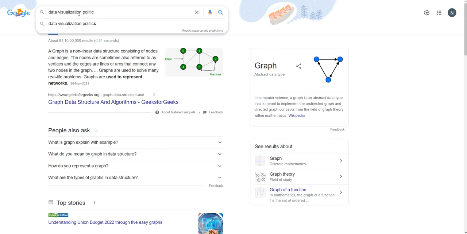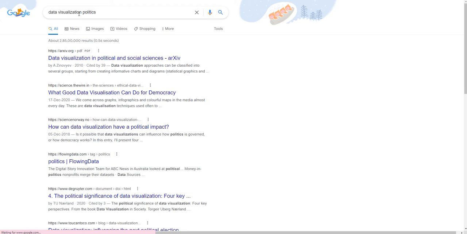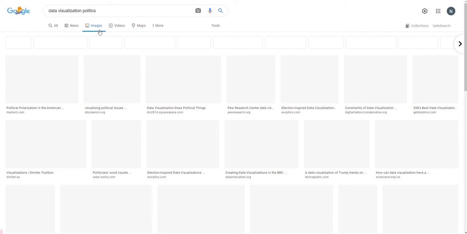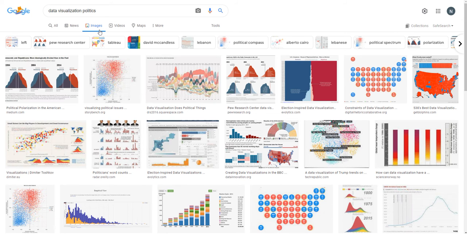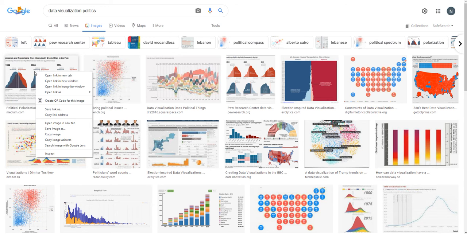Okay, so now I am trying to find some data visualization related to politics. And we are supposed to select two different graphs. Better you take a graph that contains some statistical information, maybe bar charts, pie charts, or any visualization from here. You can take anything. Okay, so you just copy that,